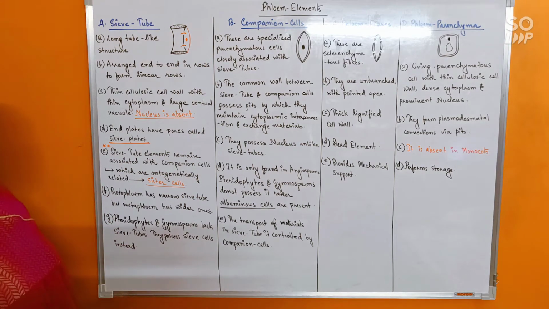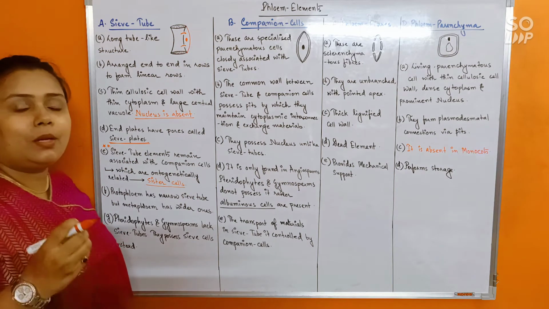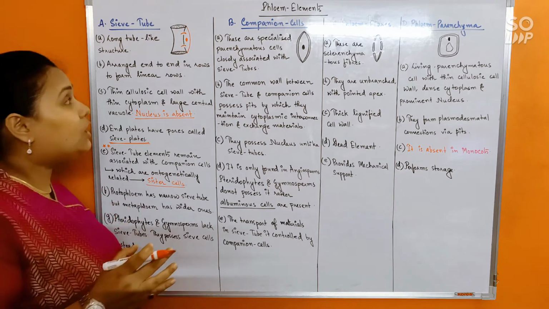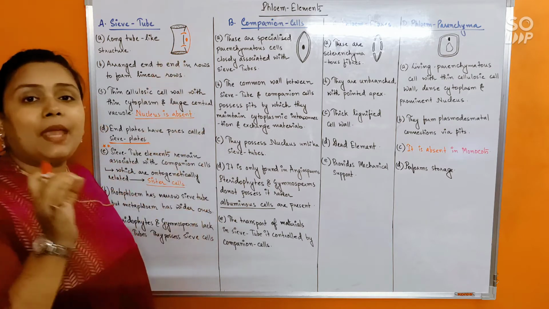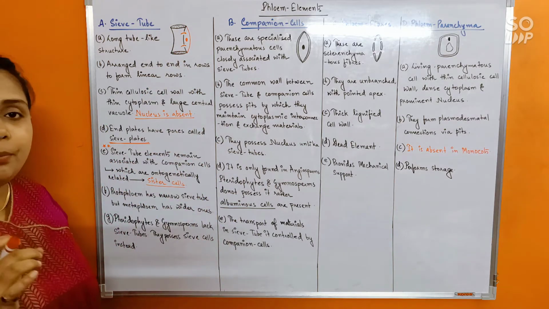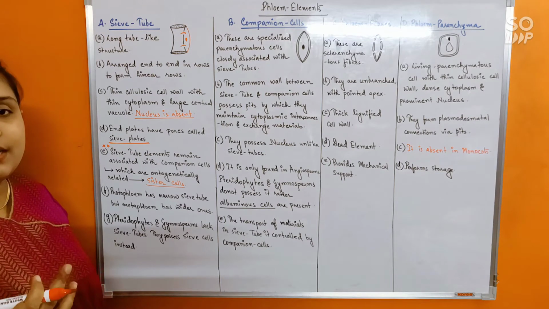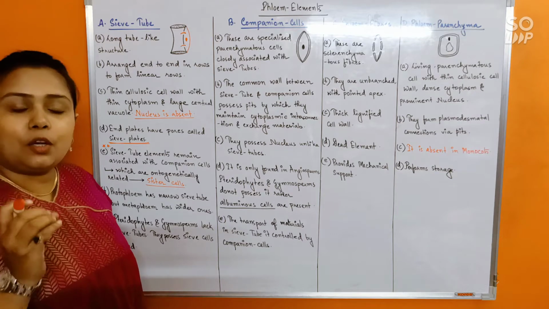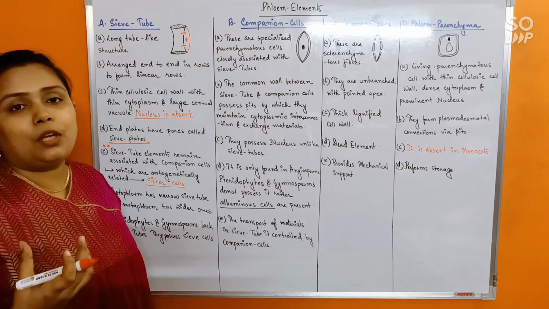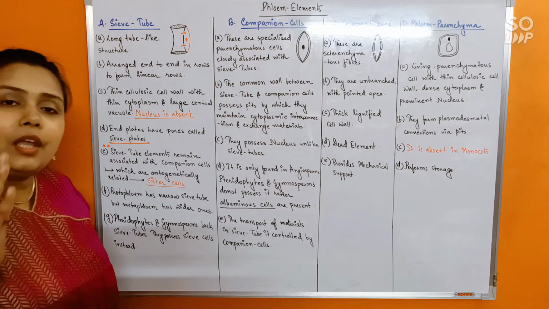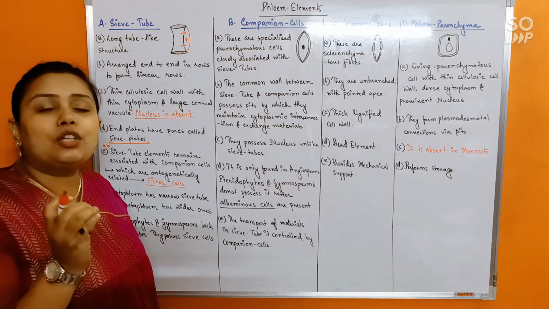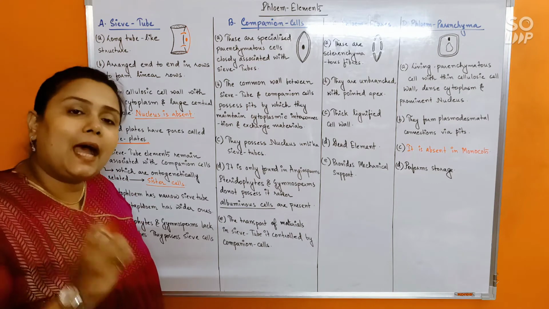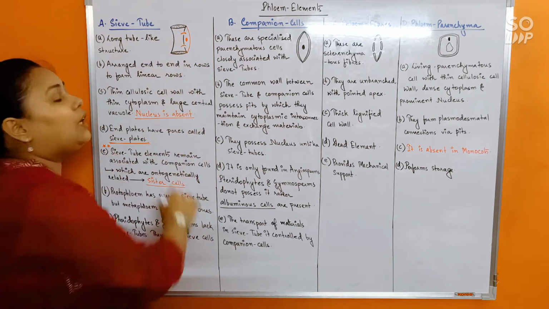Okay? And that's how exchange of materials between the sieve tube and companion cells will remain between the two cells. Always they will be in communication, and because the sieve tube is the main conducting element in phloem, it will be carrying the food within itself and carrying it in different directions. Because the sieve tube can transport materials in any direction, there has to be something that should control the direction of movement within the sieve tube, right? And that cannot be done by the sieve tube alone.